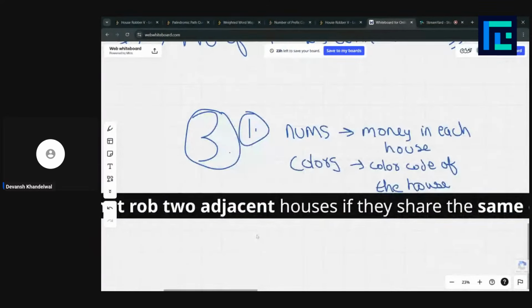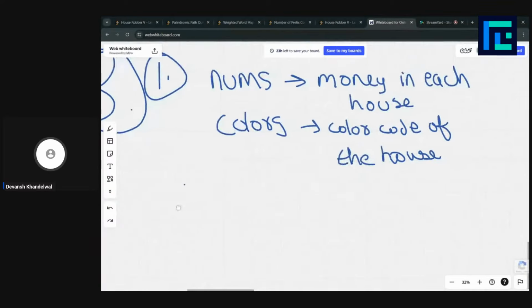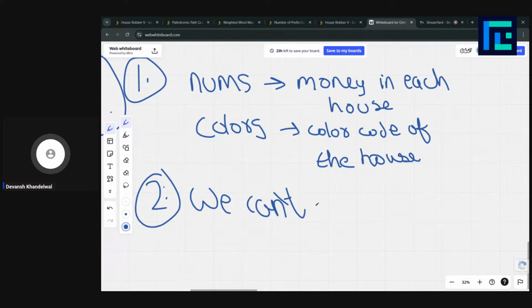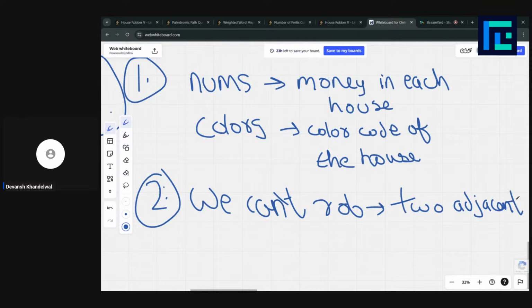The second point we got from the problem is that we can't rob two adjacent houses of the same color code.